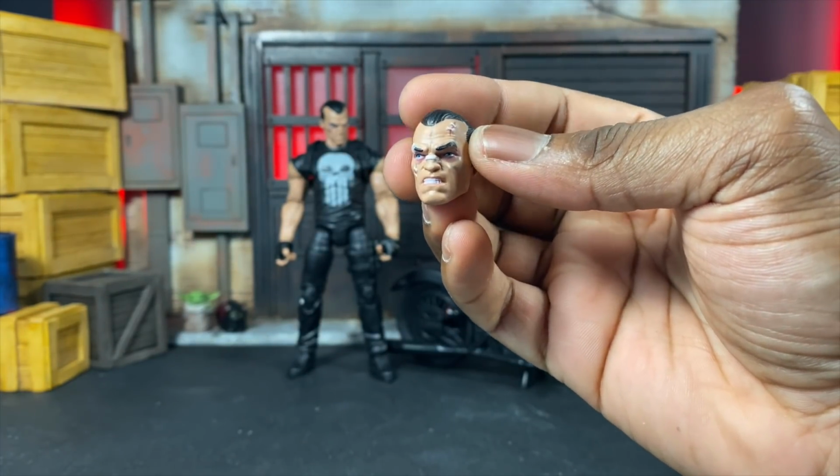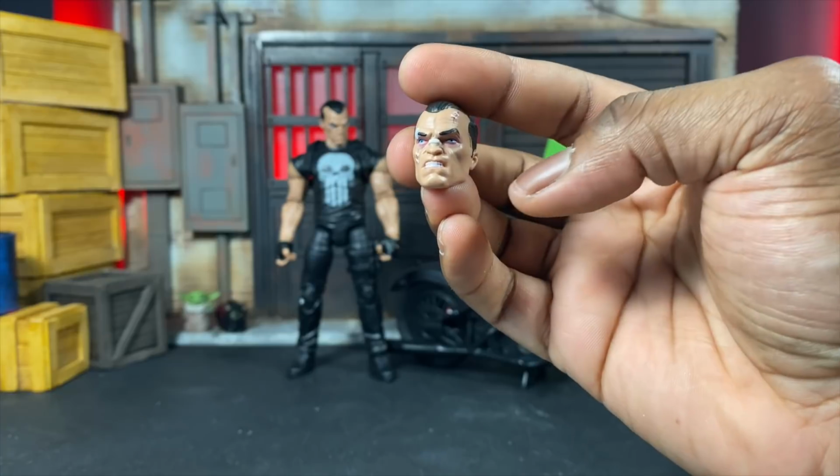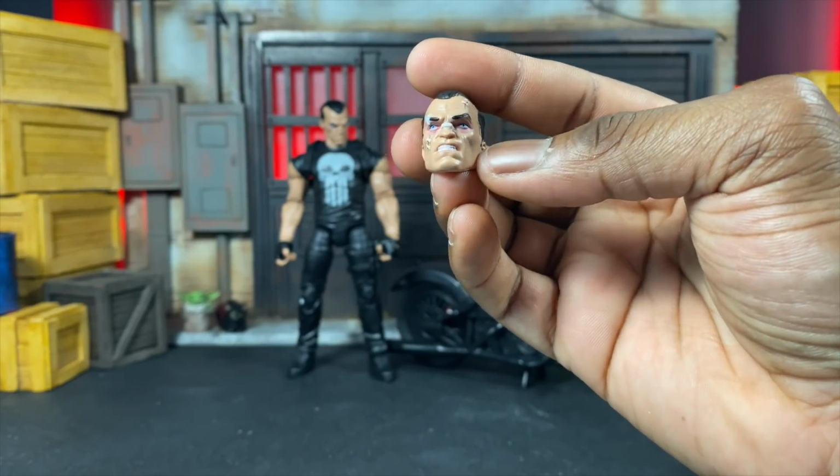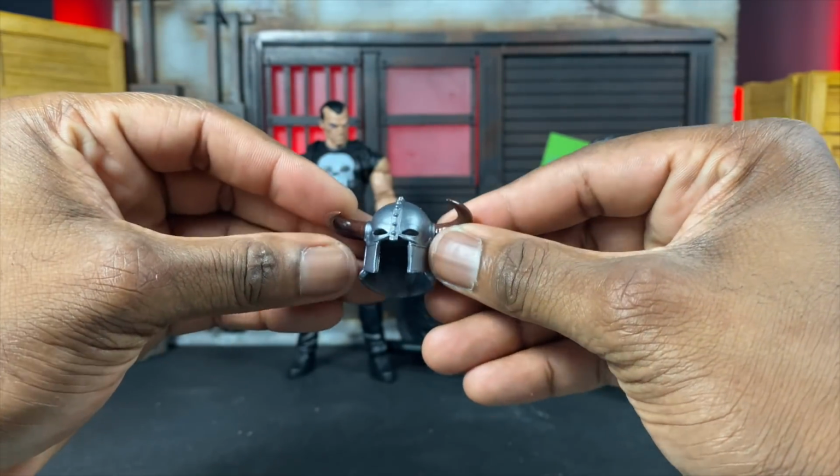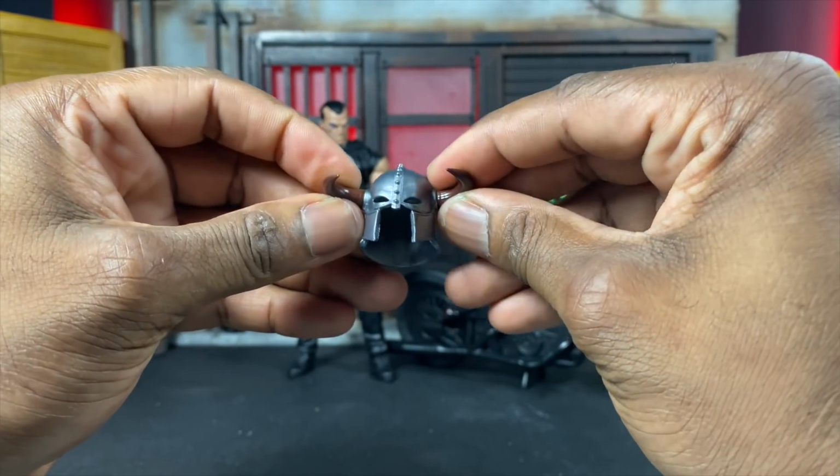You see some stitches and some laceration, a couple of black eyes. Mine's a little cockeyed, but whatever. It's not a big deal. It's a Marvel Legend. Then we have our cool Viking-like helmet, or Norse-like helmet, and this is from War of